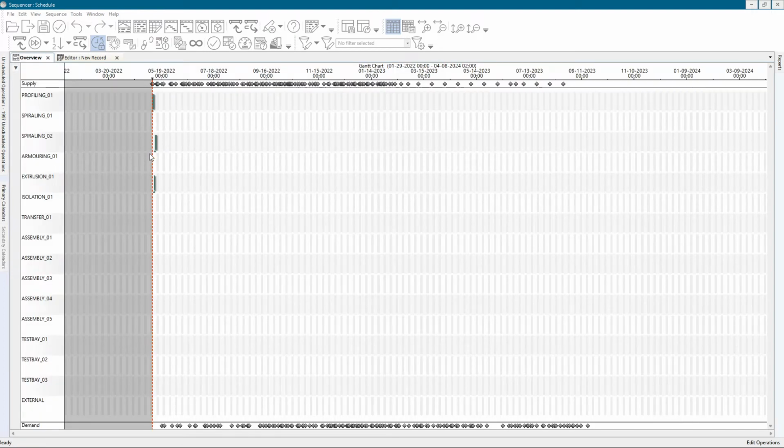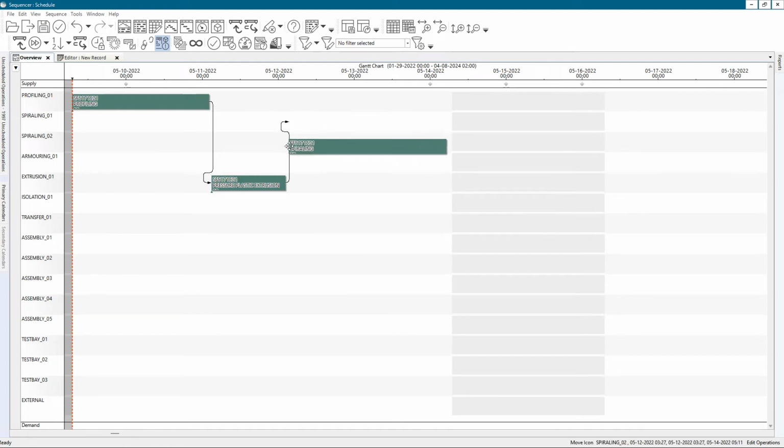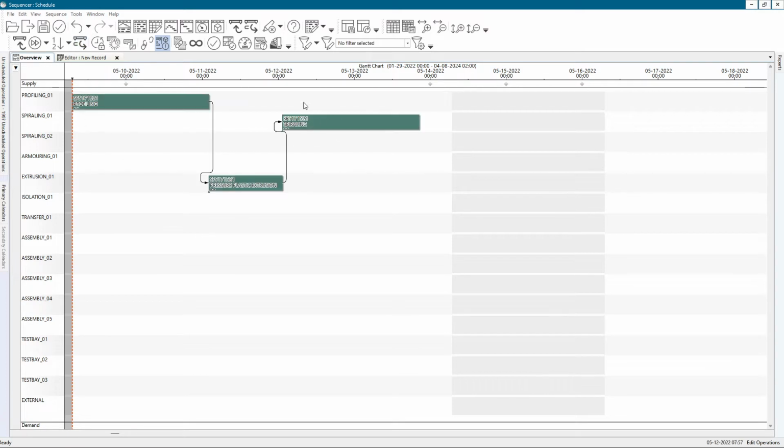Okay, so I have some operations already scheduled here. Zooming in, you see that profiling only has one option, and extrusion also only has one option, but spiraling, you have two different options. Spiraling 1 runs a little bit faster than spiraling 2, so you see that when I drag and drop into those resources, the end time of the operation changes. So whenever both of them are available at the same time, Opcenter APS will always prioritize spiraling 1 because it's finishing sooner, right? So if I reschedule this, you see that it selected